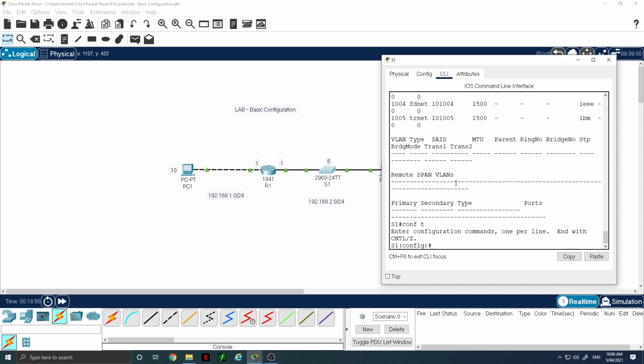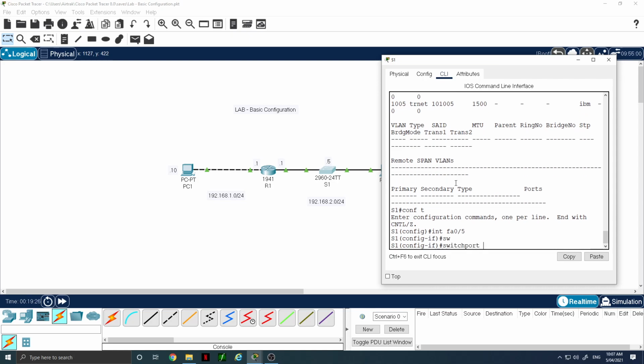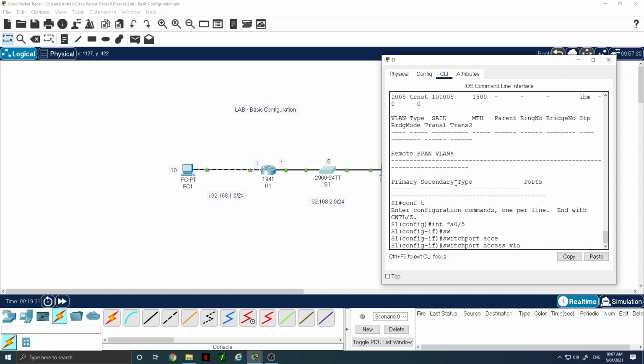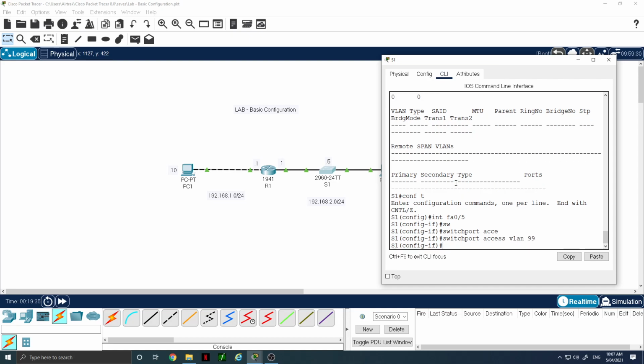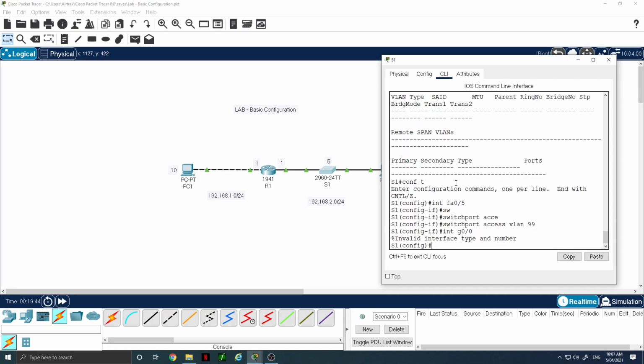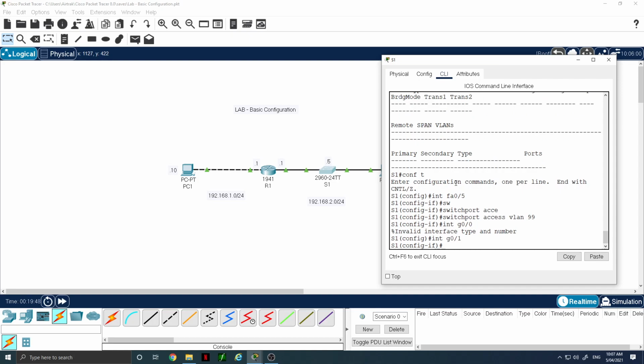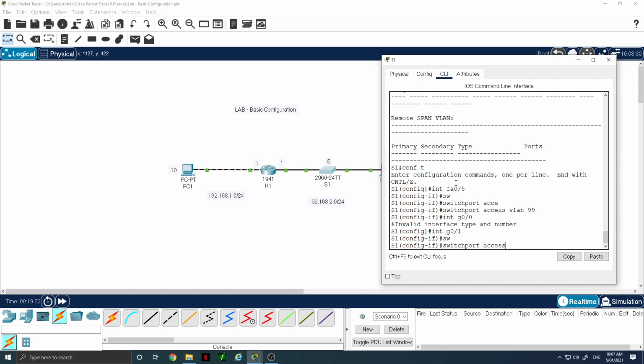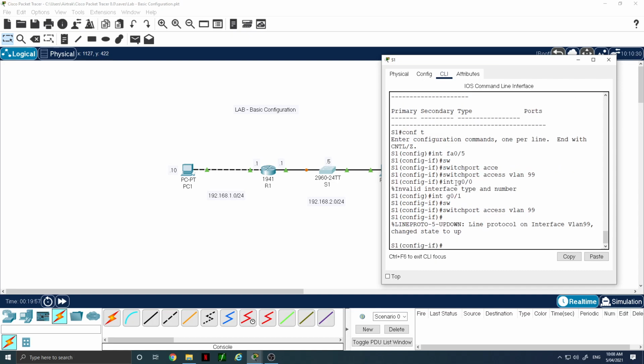There's still a way I can do it, which is I can add those ports to the VLAN, simply by going in and going to interface, and the ports that I want to do are fast Ethernet 0/5, switchport access VLAN 99, and interface gigabit 0/1, and this is also switchport access VLAN 99. Now we have